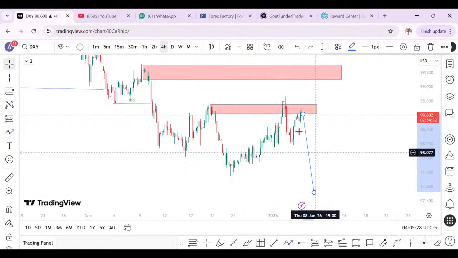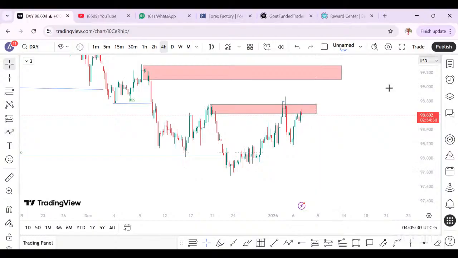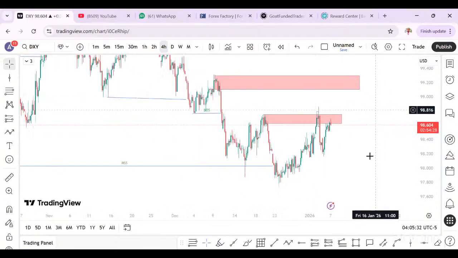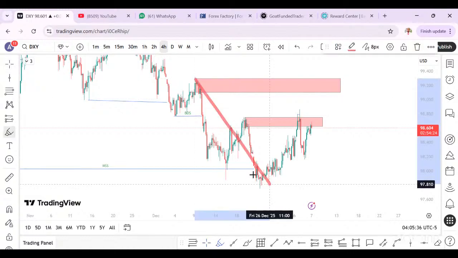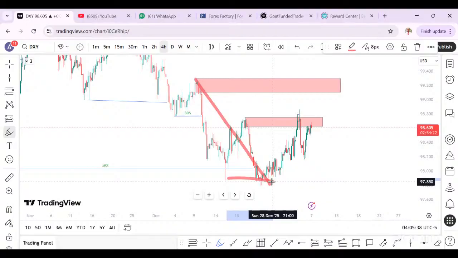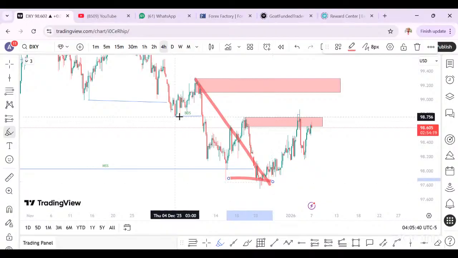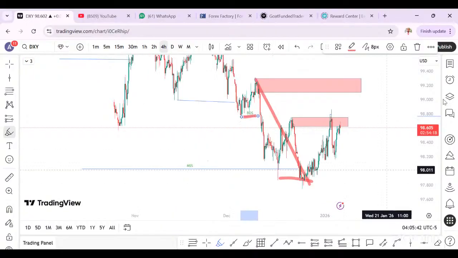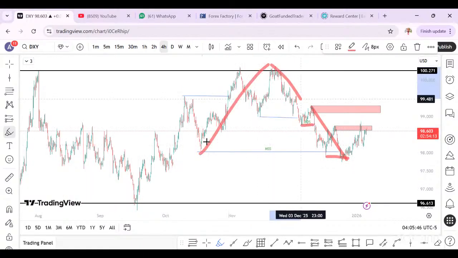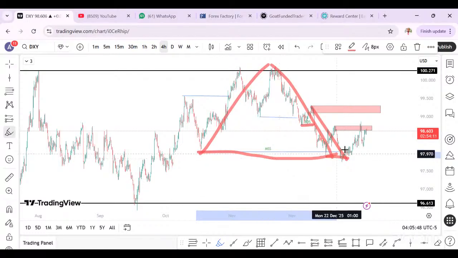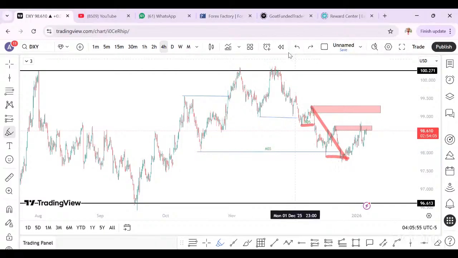So zone 1, zone 2 is working perfectly, but everything we have here is just one leg. There's no break of structure here. So this is where we have a break of structure, but the whole structure, from this to this, is where we have a real break of structure. So this plays a valid break of structure that we have there. So the overall structure is showing us bearish, right?